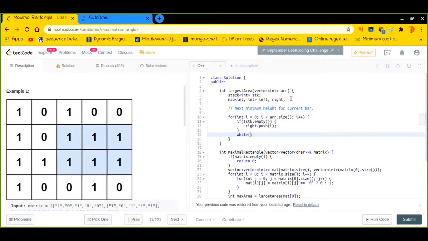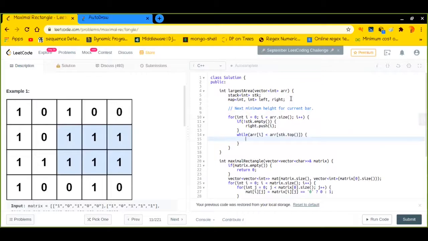And while the current element, which is array of i, is smaller than whatever element is present at the top of the stack, I have to pop it out, by actually inserting the entry.